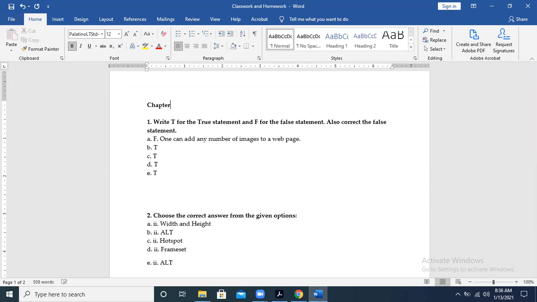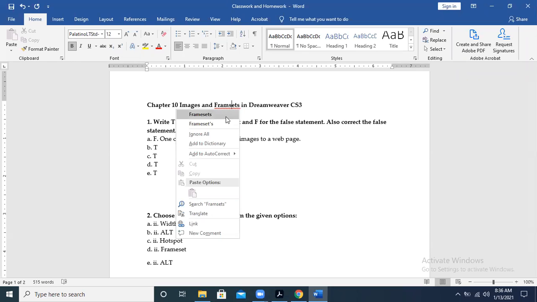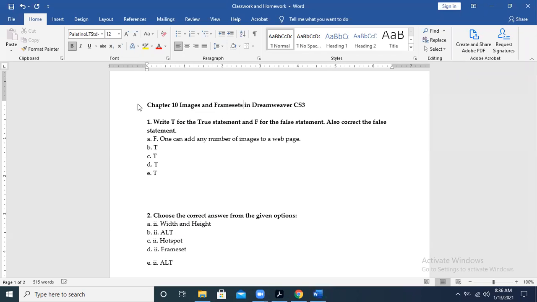This is for chapter 10, Dreamweaver, Images and frame sets in Dreamweaver CS3. Okay, so I'm going to upload this. You will be able to receive it right now.